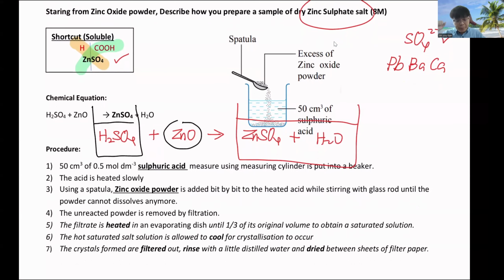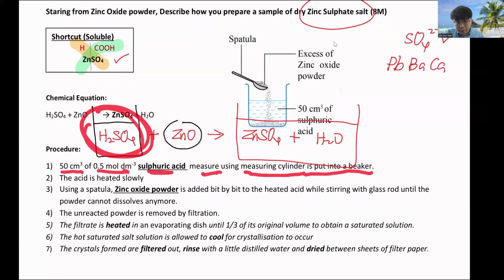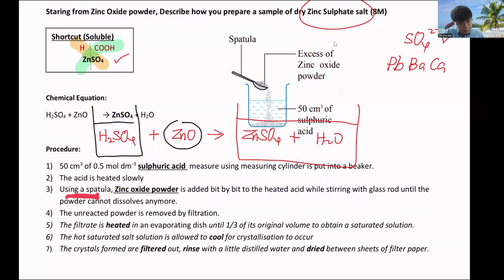The steps are simple. The first step, you pour the sulfuric acid. You can write 50 cm3 of 0.5 mol/dm3, any number. Measure it using a measuring cylinder and pour into a beaker. Then heat the acid slowly because you need to make it dissolve faster. Then using a spatula, zinc oxide powder is added bit by bit to the heated acid